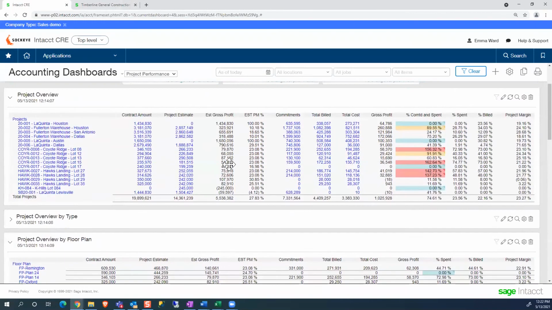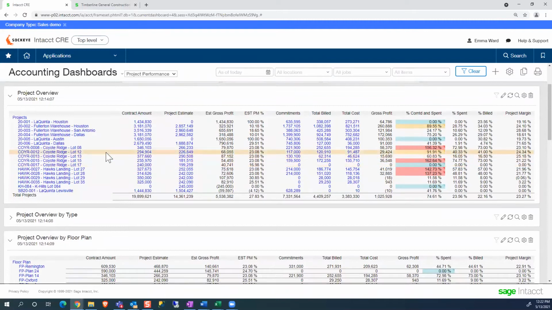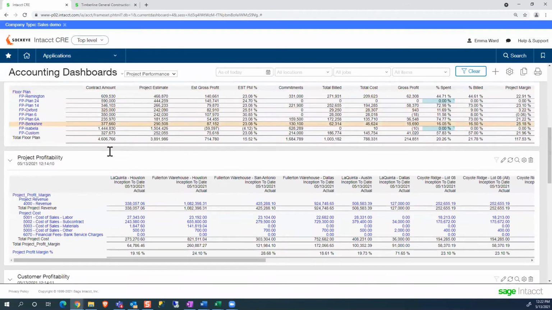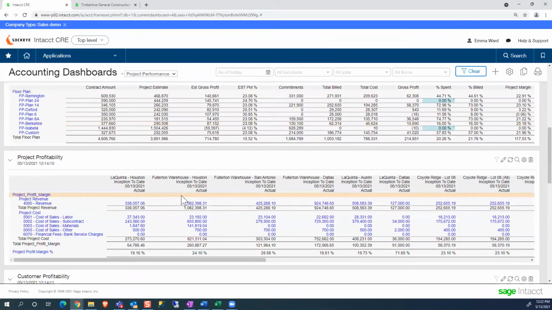Okay, so I've shown a little bit about how we can pivot information on these projects. I'm going to show a little bit more detail of how we can use those projects, and then I'll expand it beyond just the jobs or projects themselves. Here we have an example of a project profitability report, and this has the look and feel of just an income statement. In fact, that's what it is, where we can see a project-based income statement. So the different columns are my different projects, and then the rows here are just my income statement.